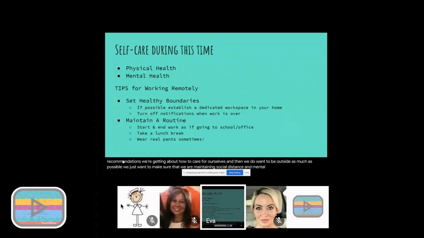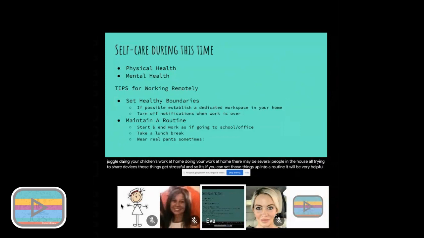And mental health, we want to set and maintain a routine at home. That's hard to do. We don't have a good separation of work and home right now, working from home, but it's important to establish a routine, especially if you've got children at home. A lot of you are trying to juggle doing your children's work at home, doing your work at home. There may be several people in the house all trying to share devices. Those things get stressful. And so if you can set those things up into a routine, it will be